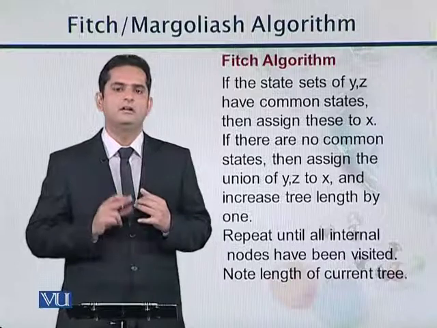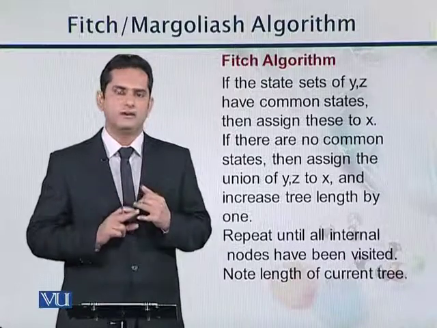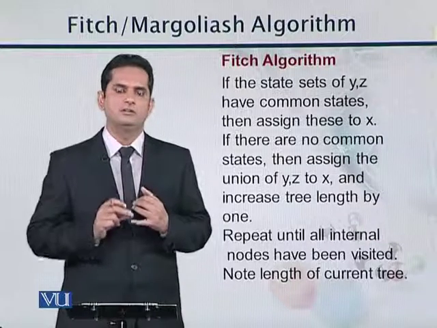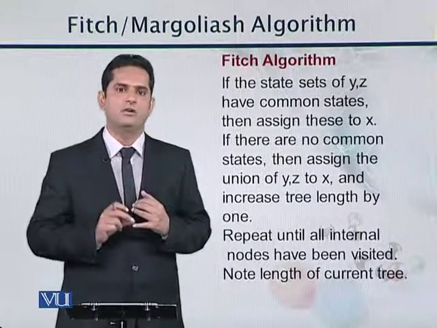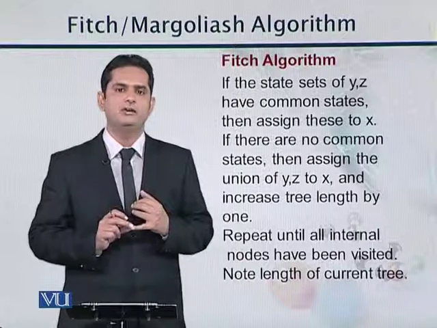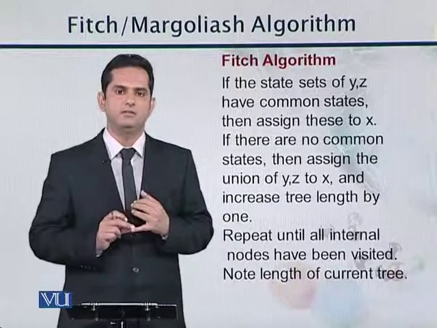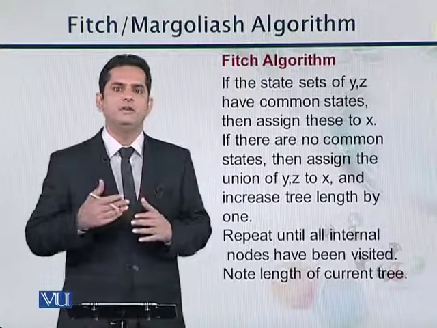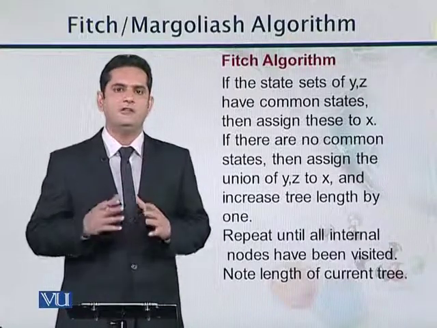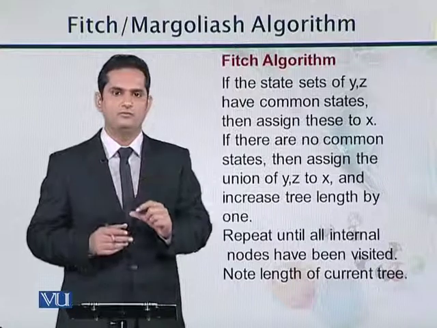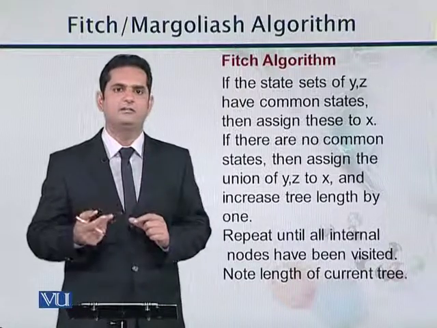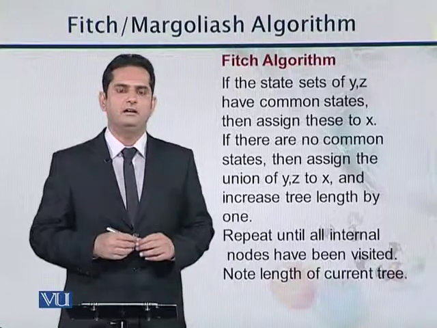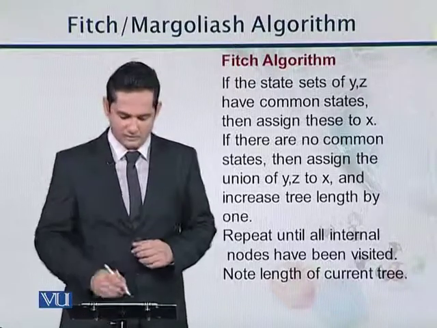Step number one is we randomly pick a point, which we say is the root node. Then we see the immediate neighbors of that root node and check if there is anything common. If there is, then we don't increase the length of the tree. If they are different, then we assign a union to one node and increase the length by one, and similarly we go on. इस चीज़ को प्रैक्टिकली एक्सप्लेनेशन इसकी कुछ इस तरह से होगी.